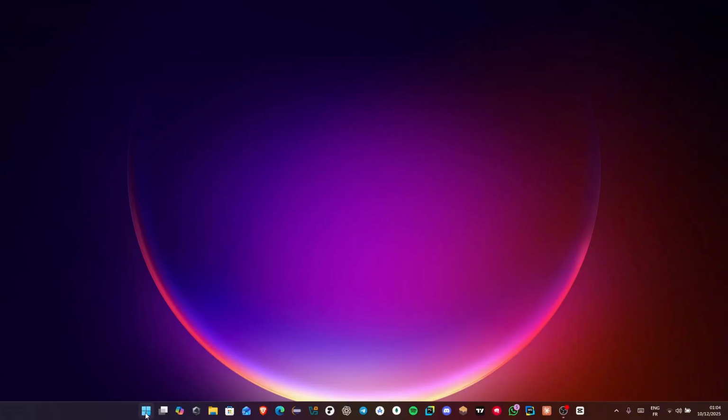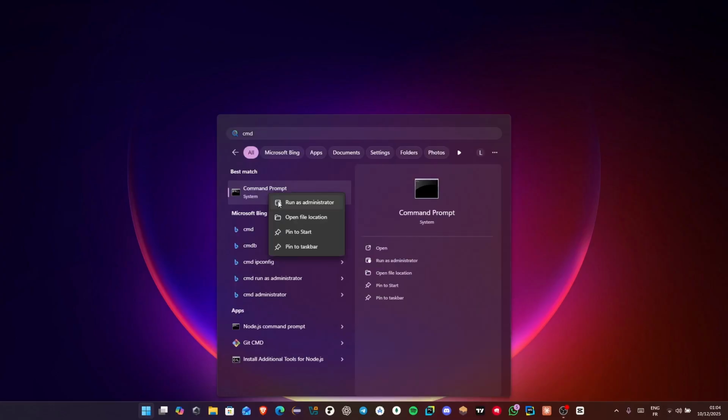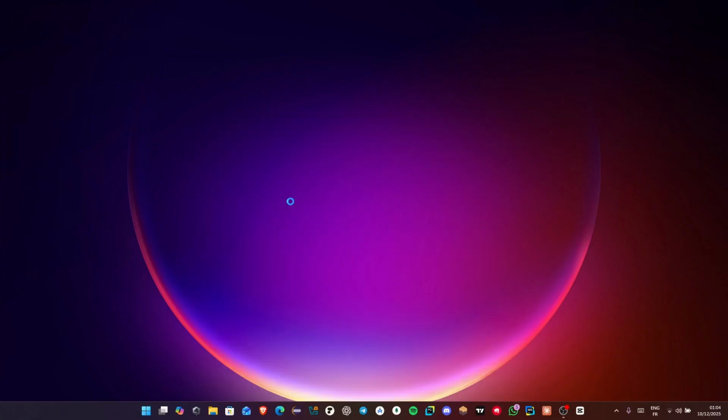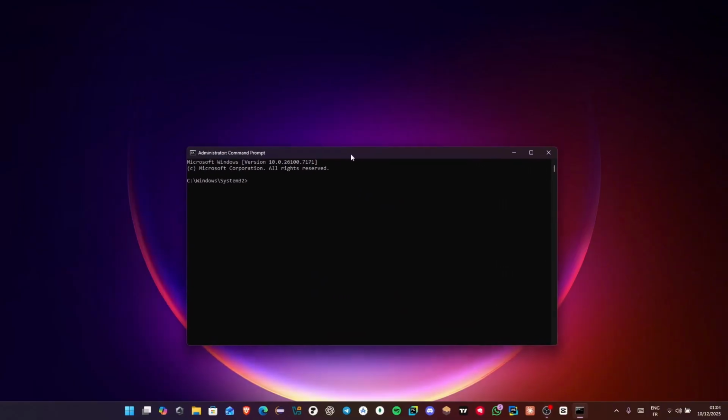First, open the search bar and type CMD. When it appears, right-click and choose Run as Administrator. Then click Yes. Once the command prompt opens, type this command: